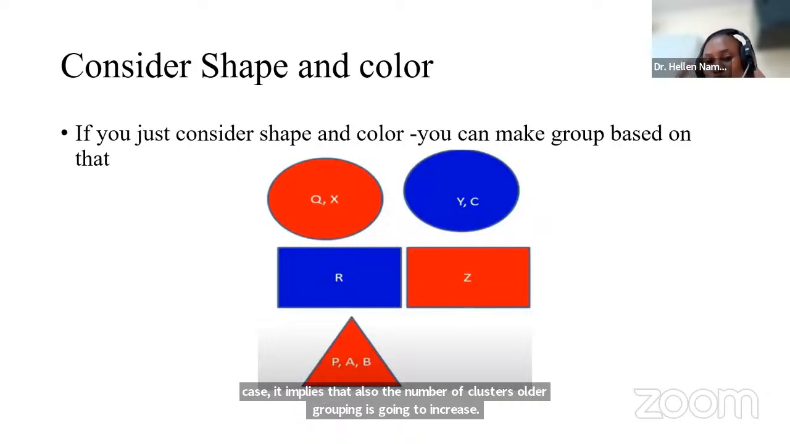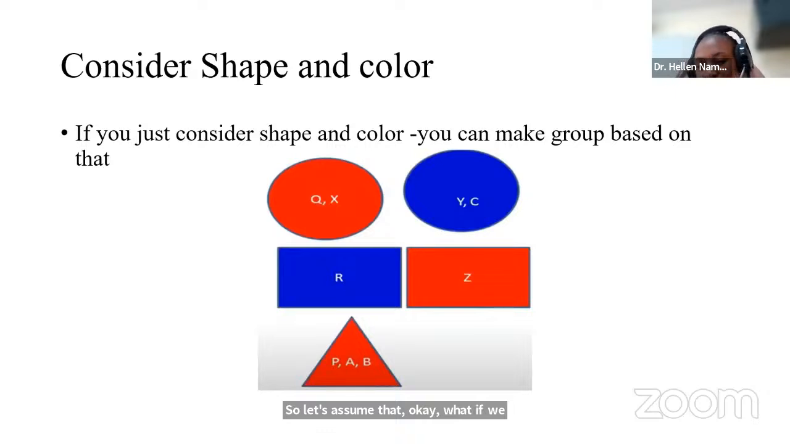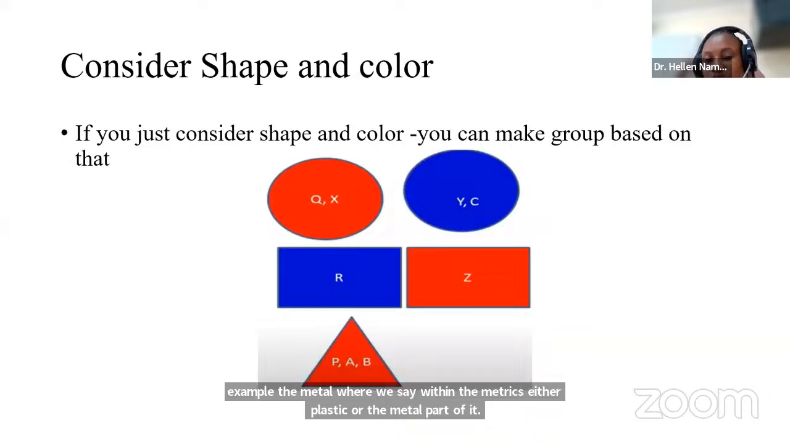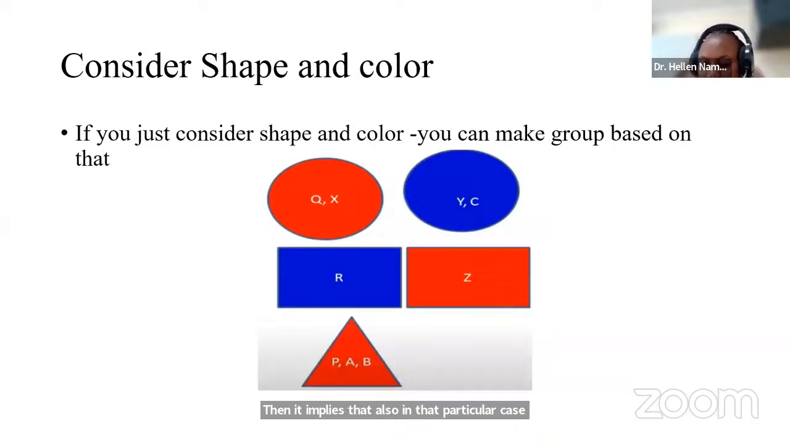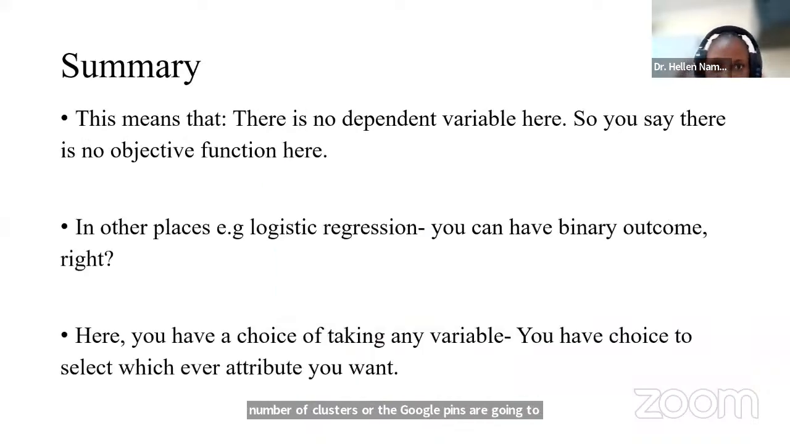So let's assume, what if we add, for example, the material, where we say it's either plastic or metal? Then in that particular case, the number of clusters or the groupings are also going to increase. Okay, so in summary, what does that mean? When we are looking at cluster analysis in this particular case,